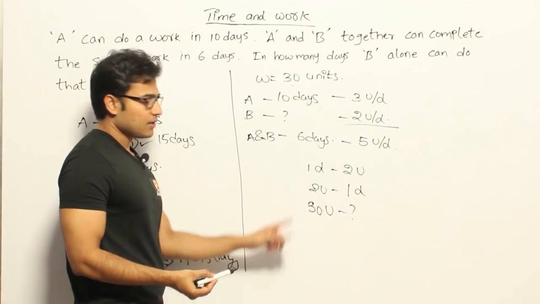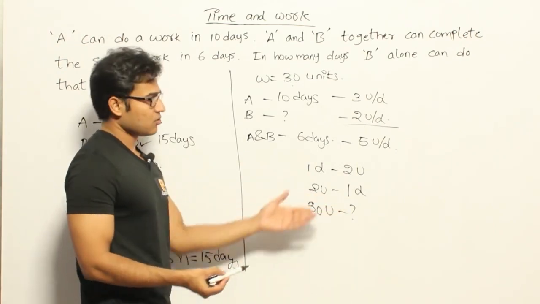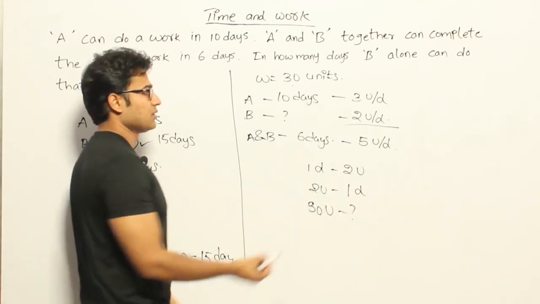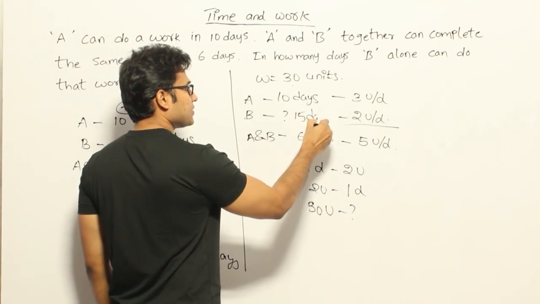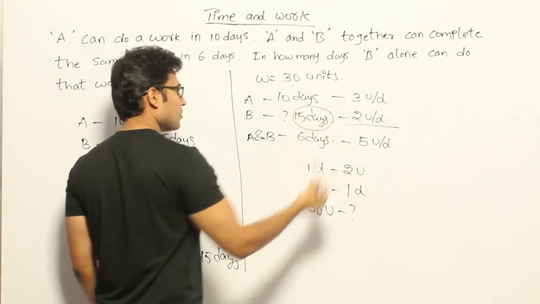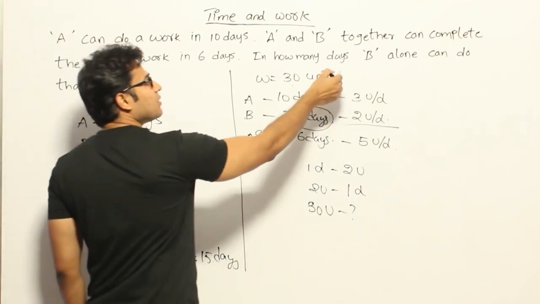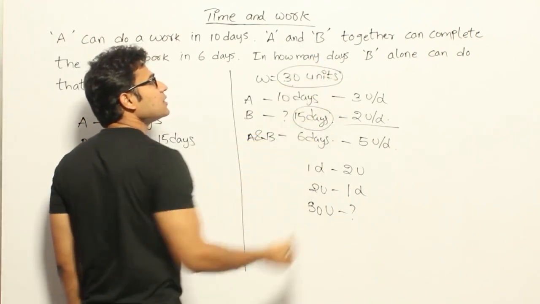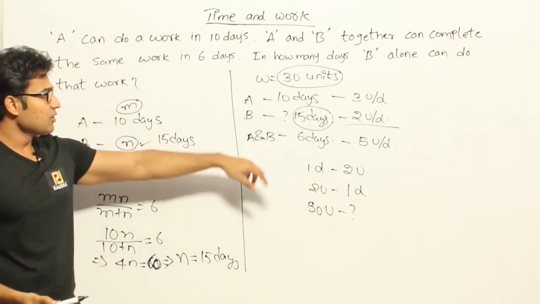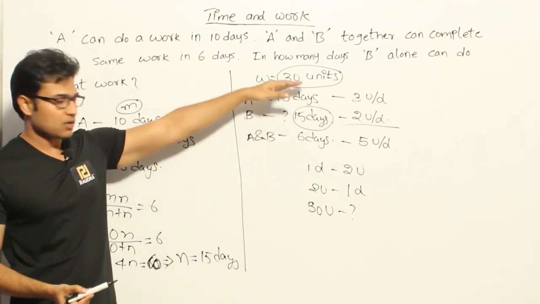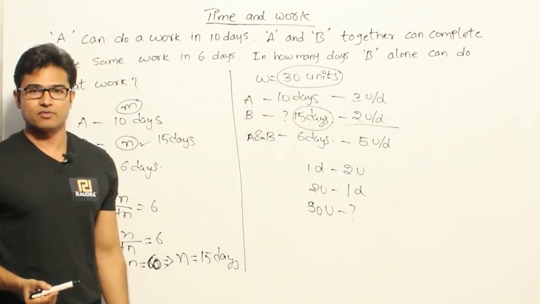That's the question. Now multiply both sides with 15. You are going to get 15 days, isn't it? Therefore 15 days is the answer. Without using the formula also, you can solve it that way. Got it? And now just remember that this number, whatever we have assumed, it doesn't change the answer. Even if we had taken it as 60, then also we would have got the same number of days, 15